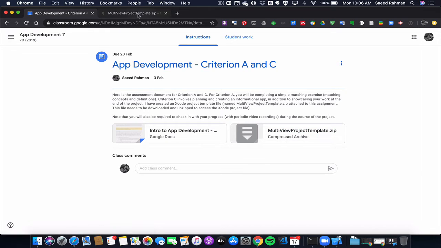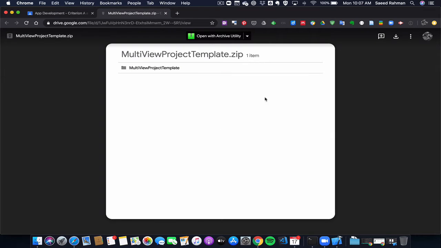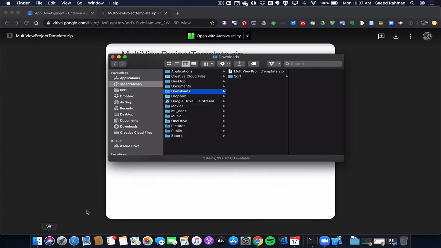If you click on that, and you can see here I'm in Chrome, this is the window I get, and if you click on this download button in the top right hand corner, that will download the project file. It's going to download it as a zip. Okay, so in my downloads folder, you can see here it's called multi-view project template.zip, and then what you will